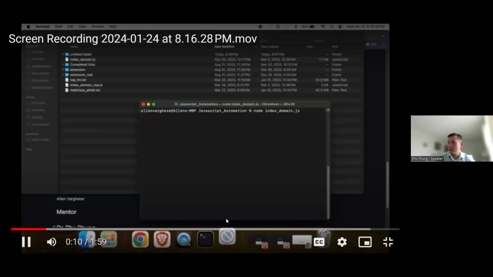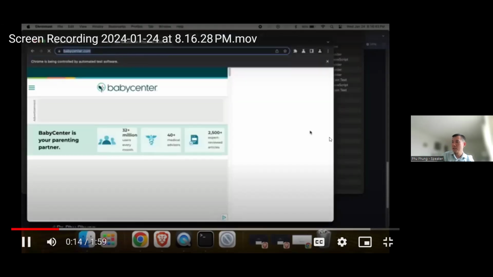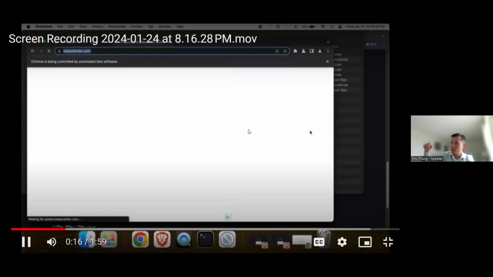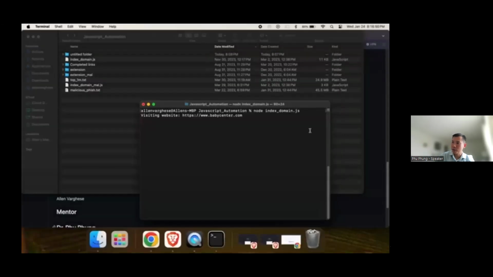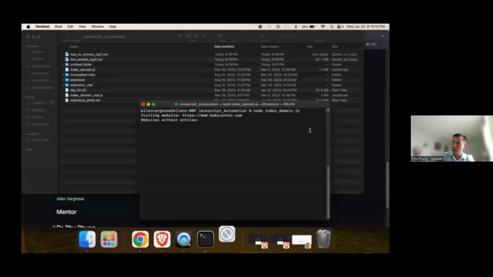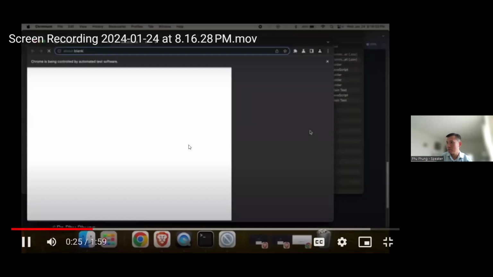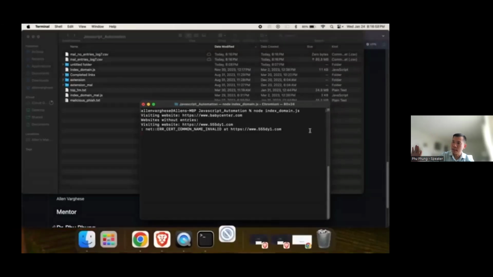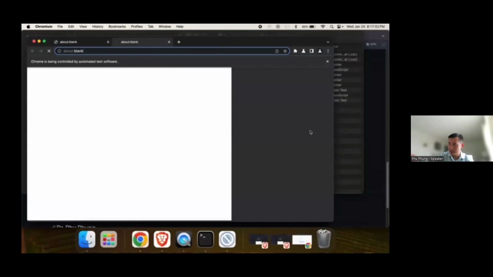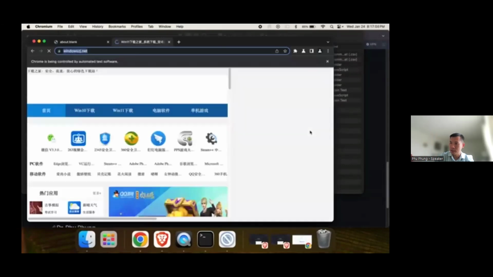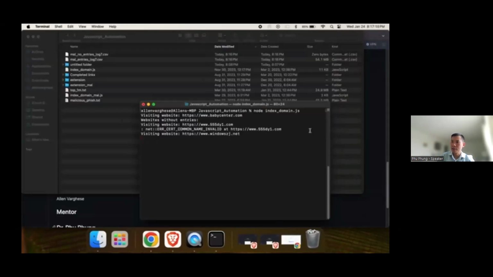So let me start with this first. You see here, the script will open the browser, and when the browser is open, it will run the website, and when the website is running, behind the scenes we extract the features, and then we store them into a CSV file.